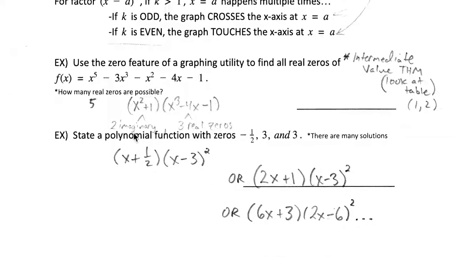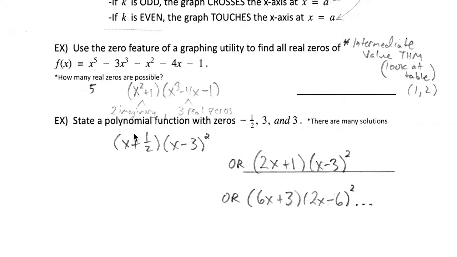All right, lastly, what if we work backwards? What if we know what our zeros are, or they're given to us? Then what we could do is we could work backwards and write our factor pairs, or the number of factors, however many zeros there are. And then from there, we could graph it. We could expand it if we wanted to. No reason to, though. So knowing that we have zeros at, or x-intercepts at -1/2, 3, and 3,